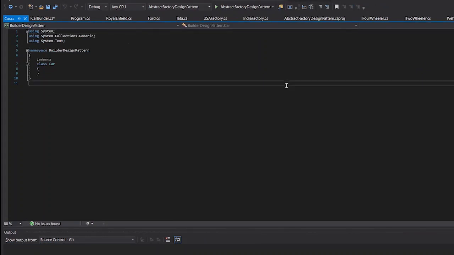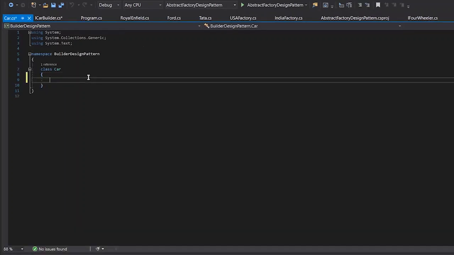In this, car would be having several features. I'll mention string Model, get set.